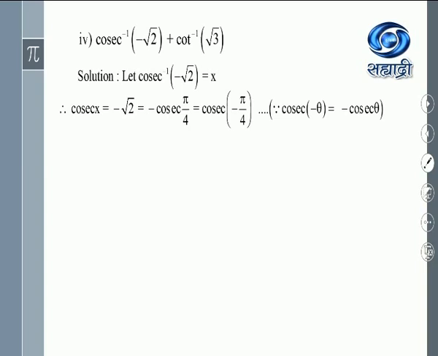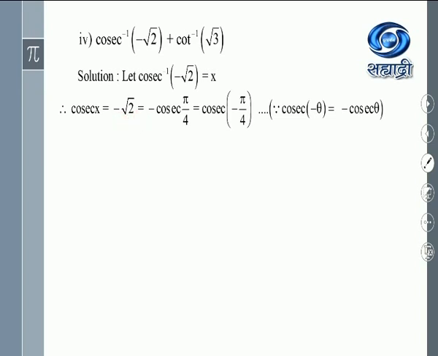Every time I am saying, you first find out for positive value and then give minus sign to the value. Okay? Cosec of pi by 4 is equal to root 2, we know. And if you feel this is very difficult to find, take the reciprocal. Reciprocal of cosec is sine of x. So sine of x is 1 upon root 2 and therefore x is equal to pi by 4. And if you feel it's not difficult, you can find directly. It's better, write cosec x is equal to root 2, therefore x is pi by 4.